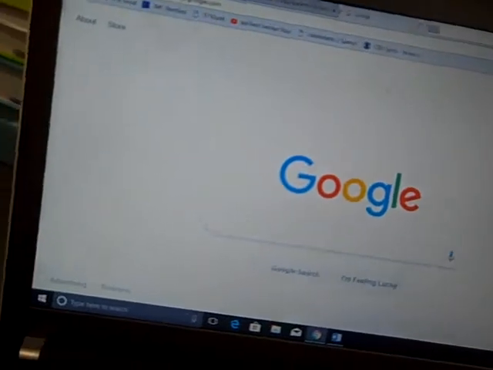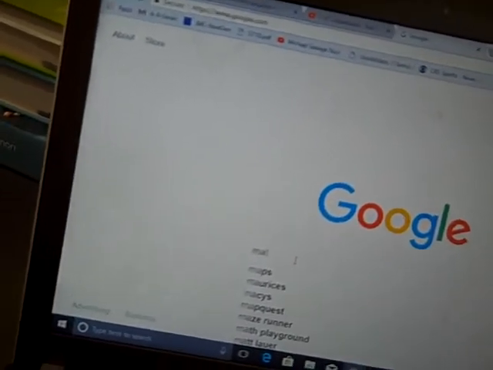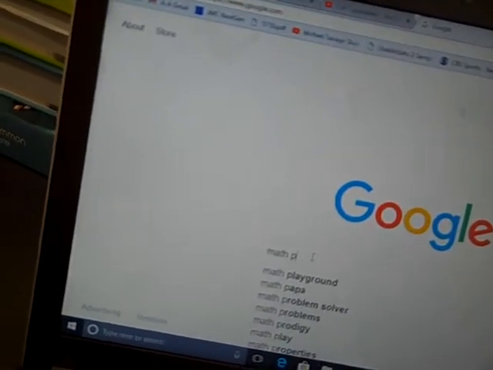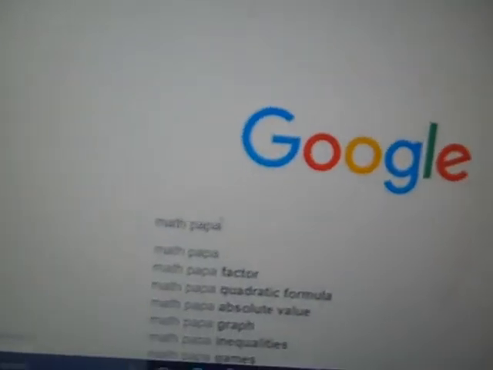Okay, now the next thing, I want you to make these big fractions, okay? And I want you to go on your phone or computer, and here's what you need to do, okay? Here, you get a black screen because it's on my desk, okay? I type in the following into a Google search. Math Papa, best one I could find. Math Papa, and then algebra